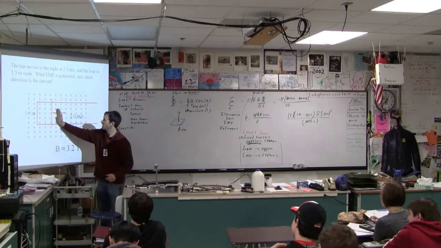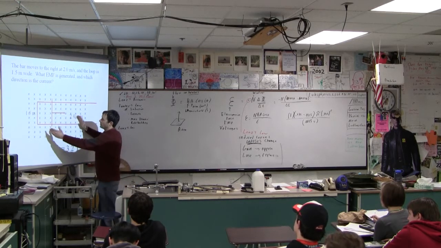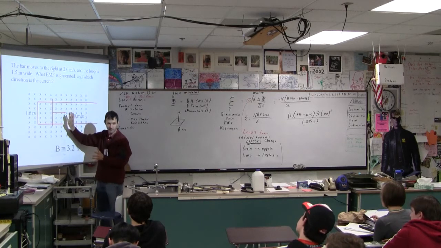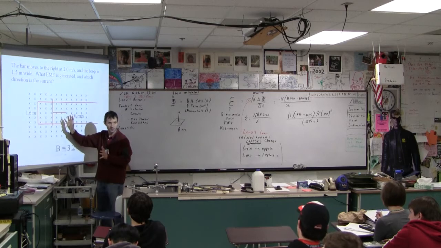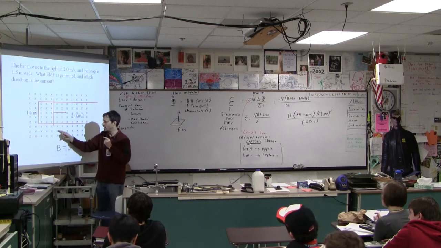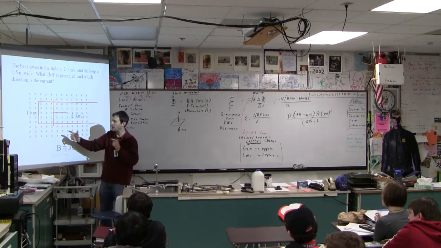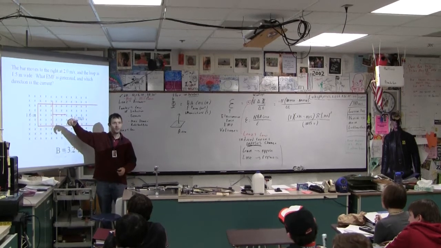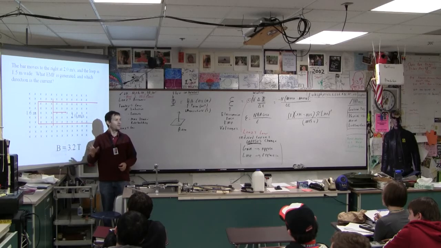Okay, so let's do that again. As this slides, the area inside here becomes bigger and bigger, because this U-shaped thing stays still. This thing slides this way, the area gets bigger. So we are gaining flux because of area. It's into the page because it's x's. Gaining flux into the page. If we gain it, we oppose it, so we make flux out of the page. Now, as luck would have it, there's another way to predict